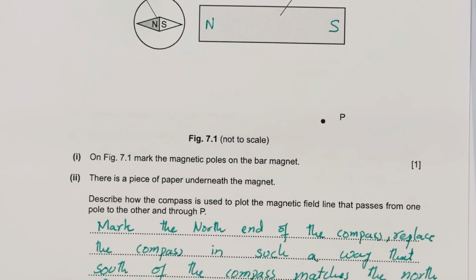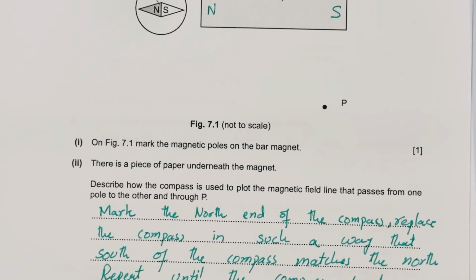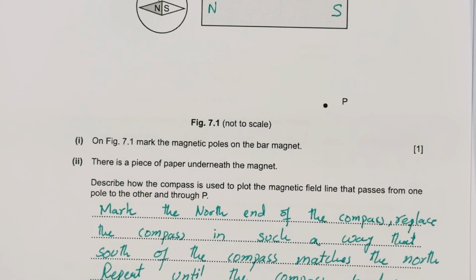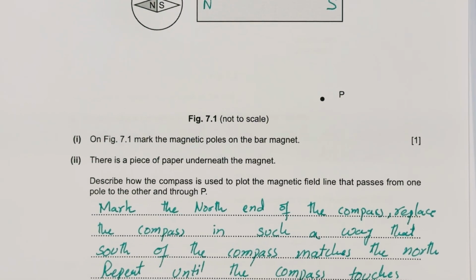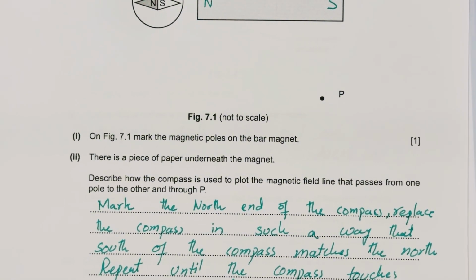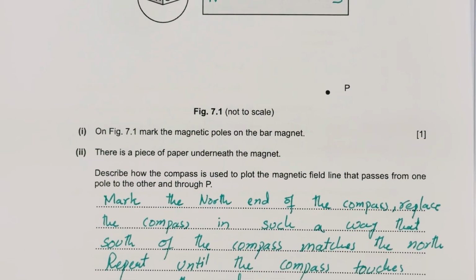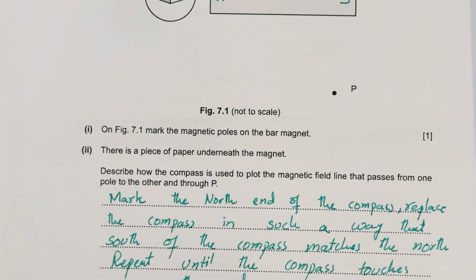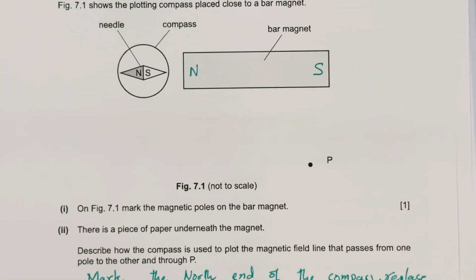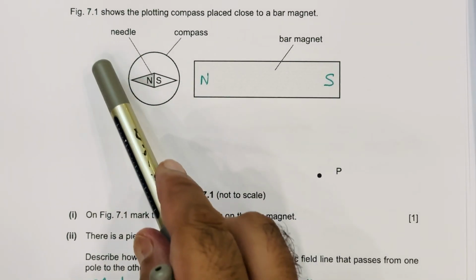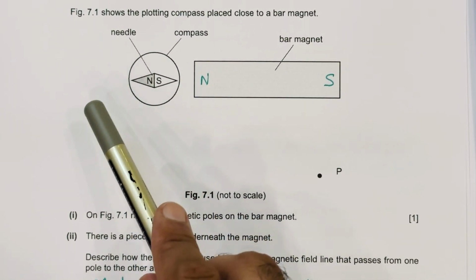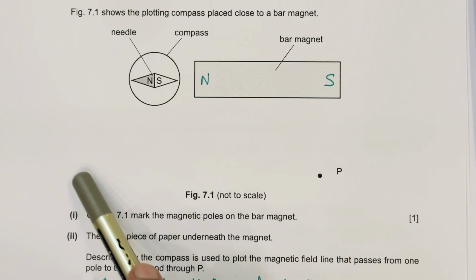Okay, there is a piece of paper underneath the magnet. Describe how the compass is used to plot the magnetic field lines from one pole to another pole. This is a very simple question. First, I will explain it through the figure. You will put your compass here. It will point north and south again,